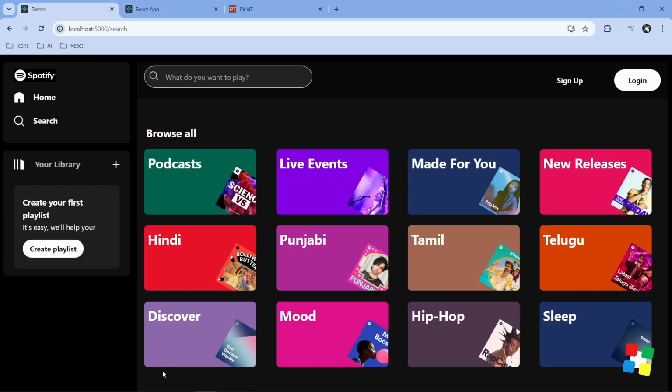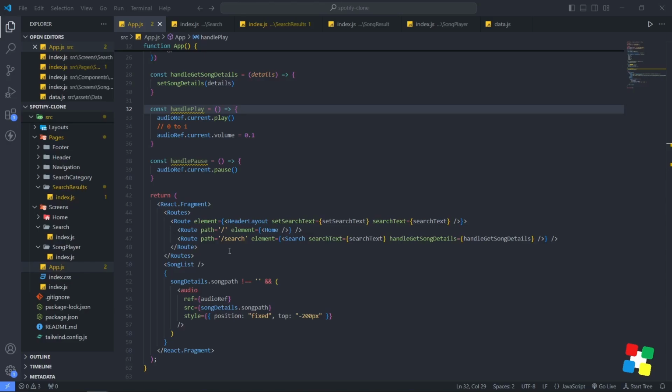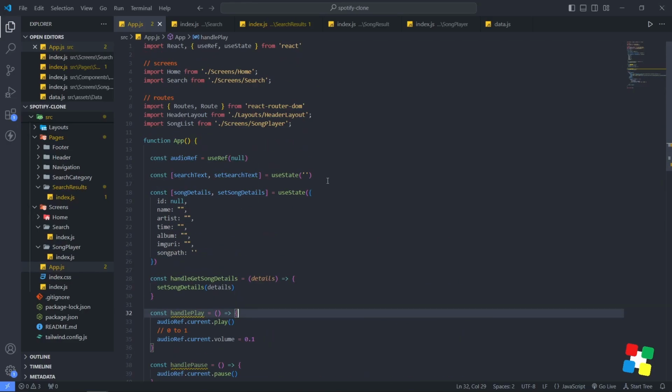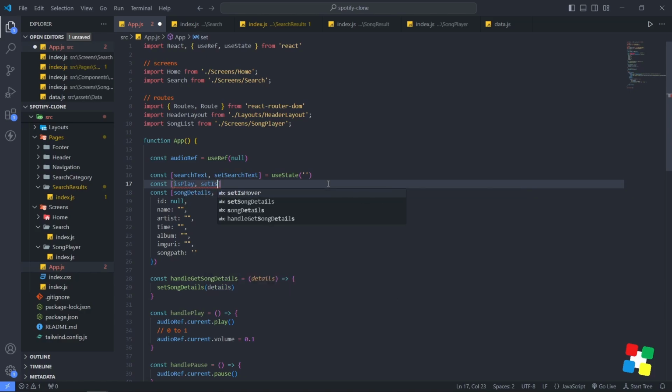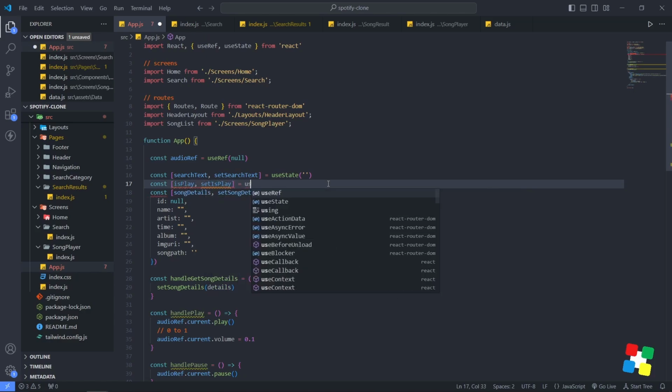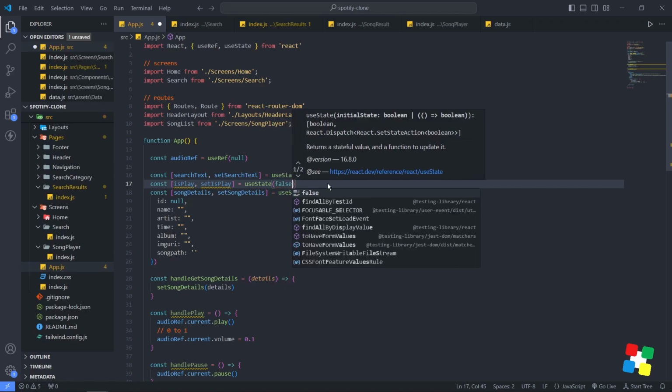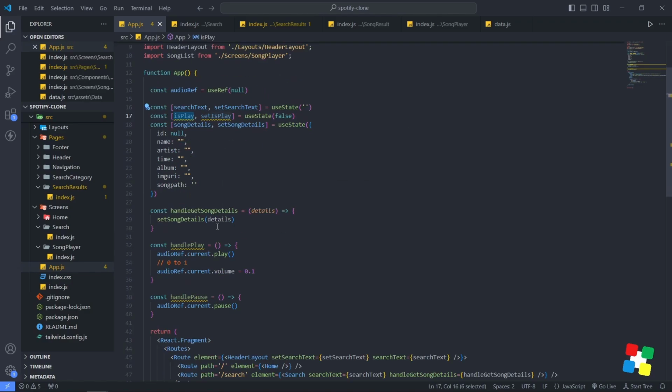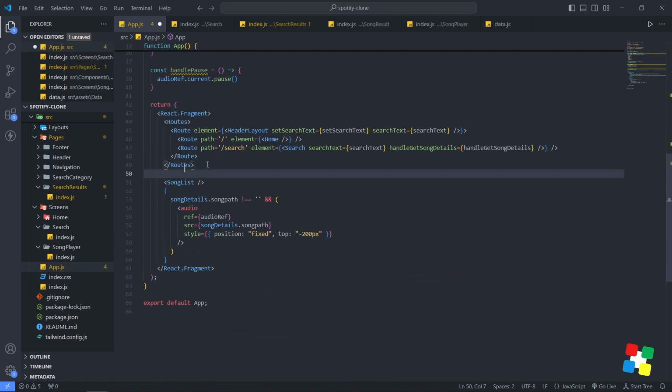Okay, so at first the player is not there. When I search and play it, then only it comes. So we have to do the same thing here. For that I'll create a state over here, isPlay, setIsPlay. I'll say useState false, and whenever isPlay is true, then only I want this song player